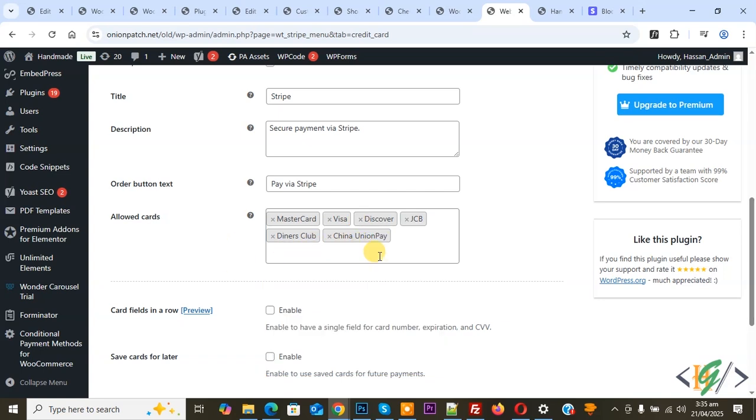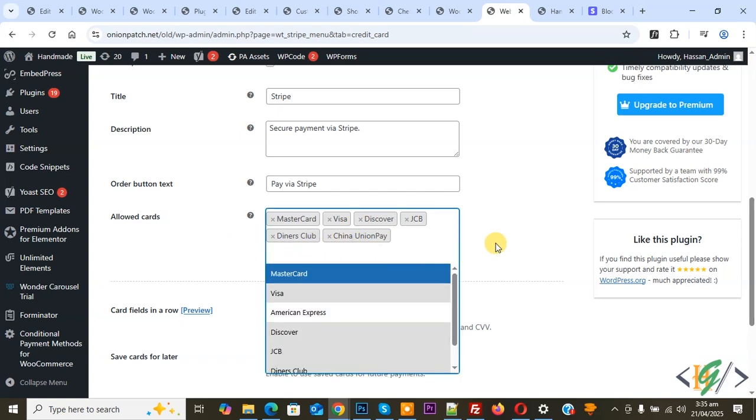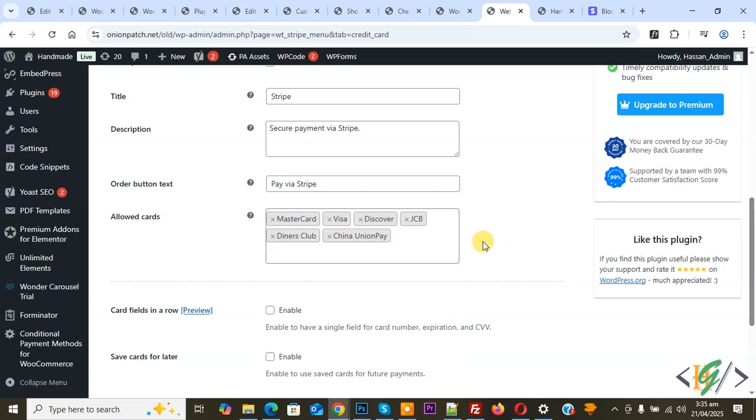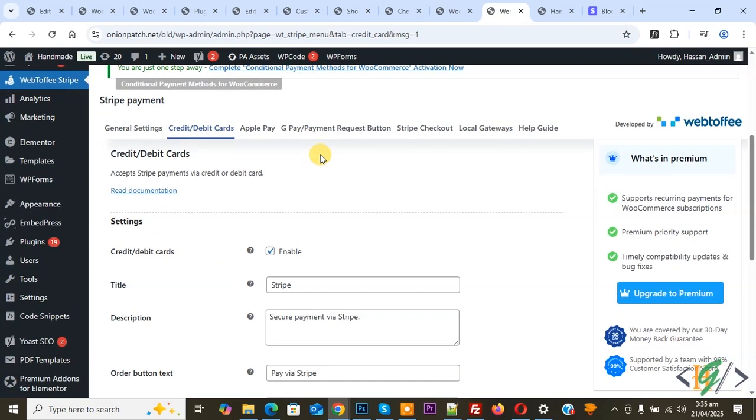Now only these cards are allowed. If you want to add, you can click on it, but we are going to block American Express, Amex, and then click on save changes. Now settings saved. If you want to block American Express card directly on your Stripe dashboard, then open your Stripe